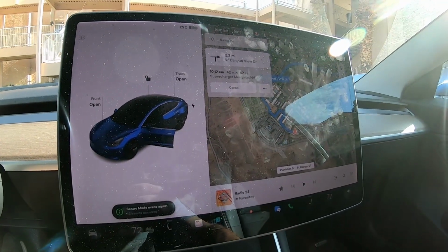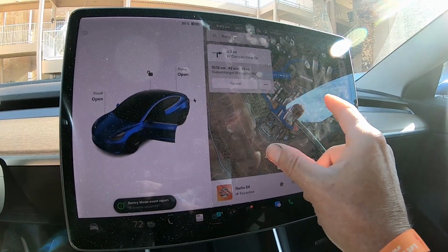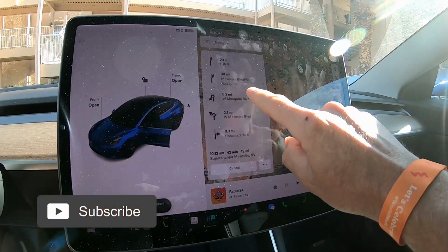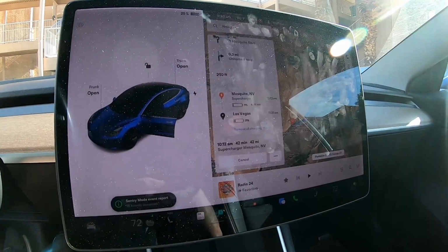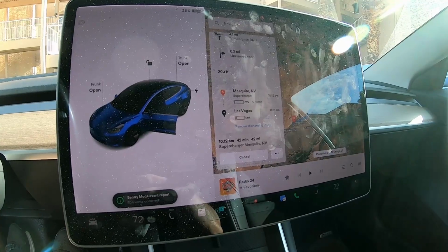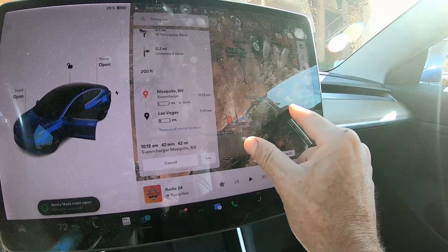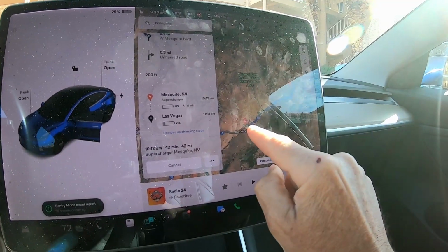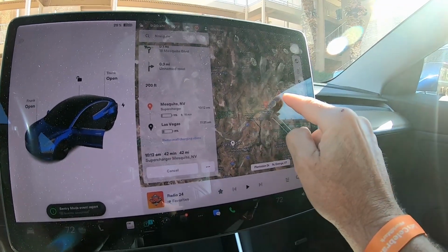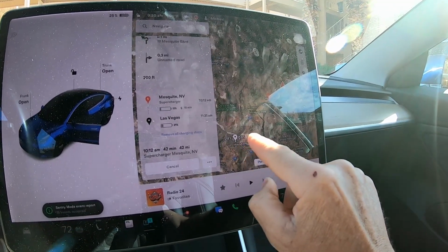Interesting. I didn't think we could make it to Mesquite with 25%, but that's what it says. Let's see, we will get there with 11%. Wow. I mean, Mesquite is, if you look right here, we're up here, Mesquite is down there. Let's see if we can make this a little smaller. This is, well, it's about a third of the way to Vegas. Vegas is down here. So,